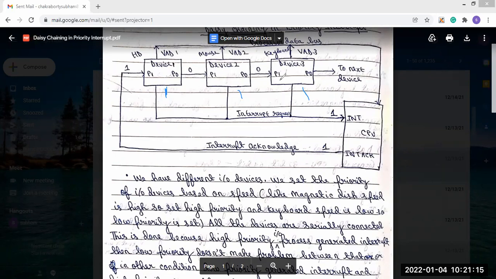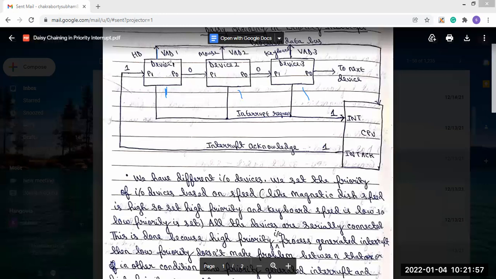Now with this type of process, the CPU is already able to know that an interrupt is generated, and which device generated the interrupt. That is already known to you. Now the CPU knows which device generated the interrupt, so after that, what will happen? The device that generated the interrupt will produce the vector address, that is VAD.